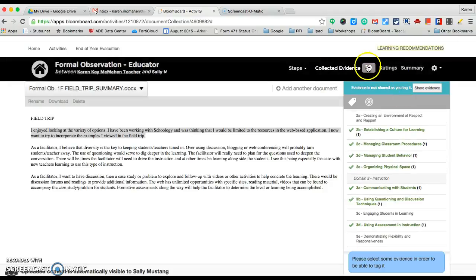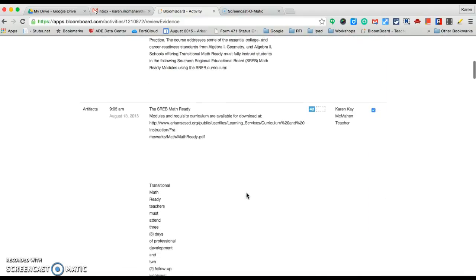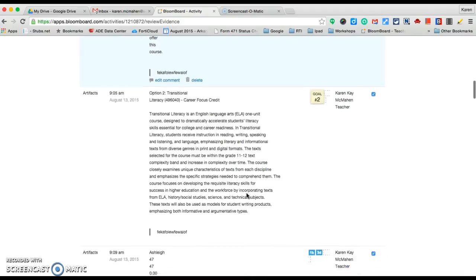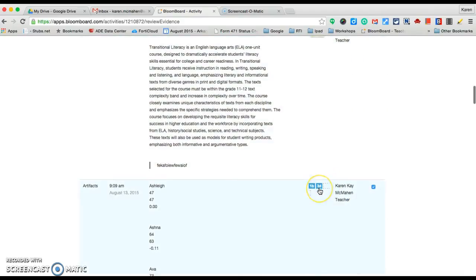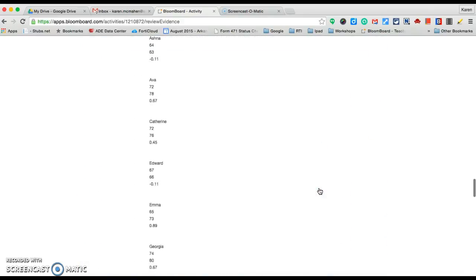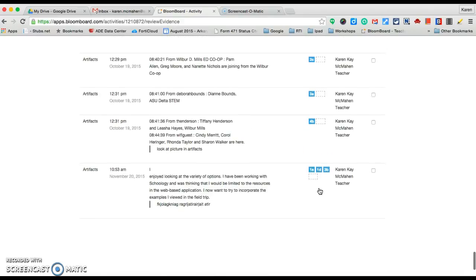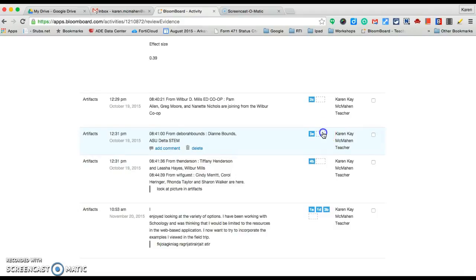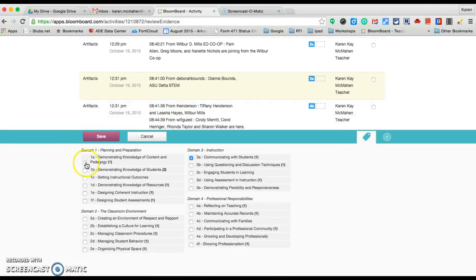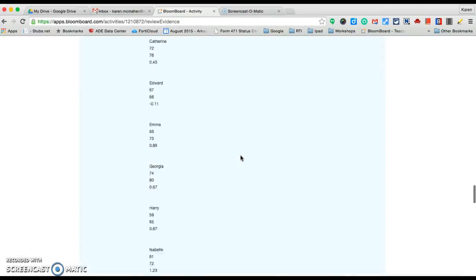Now, when you do that, that evidence resides here at collected evidence. So if I click there, you're able to see the artifacts that I have uploaded, and you can also see where they're tagged. Let me scroll all the way down. Okay. If you forget to tag it, you can always click in there, select a tag, and save it. Now, if you'll notice to the far right,